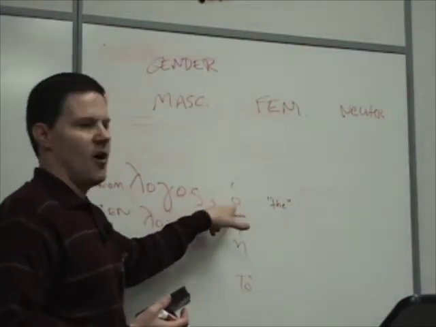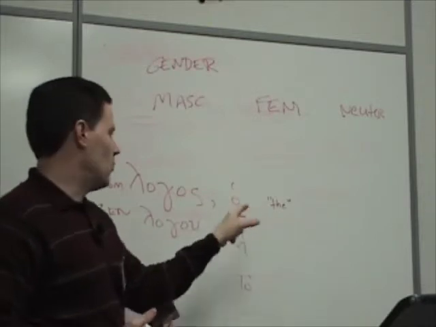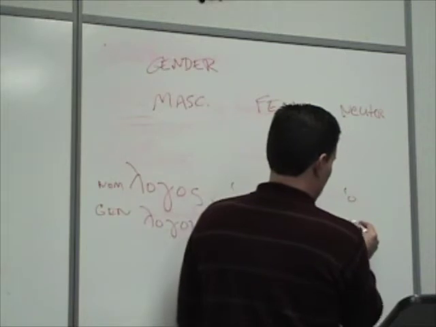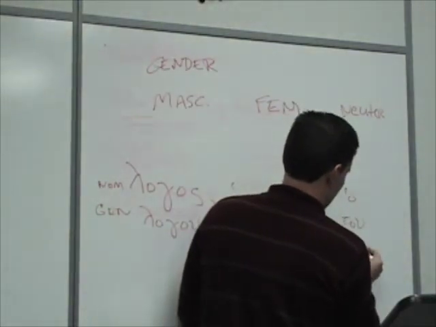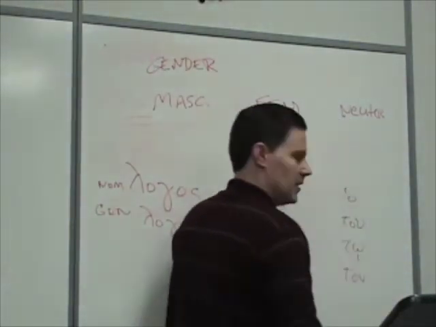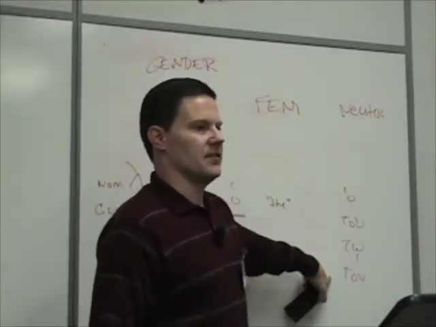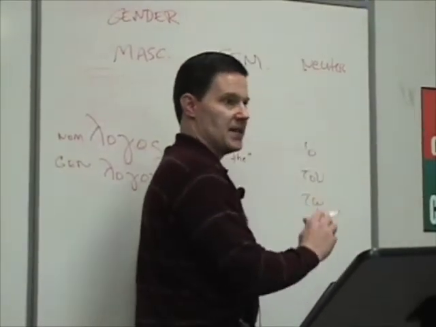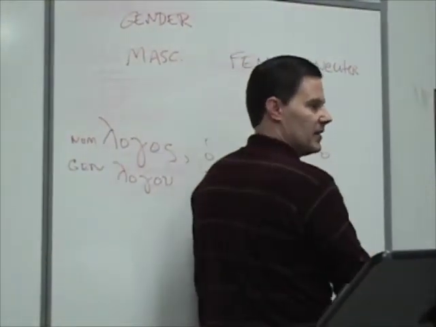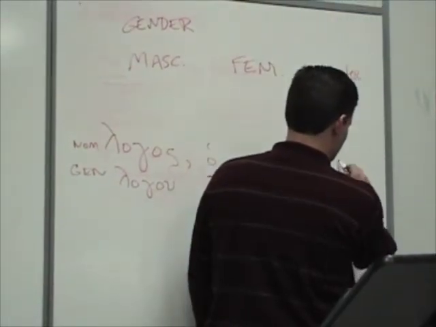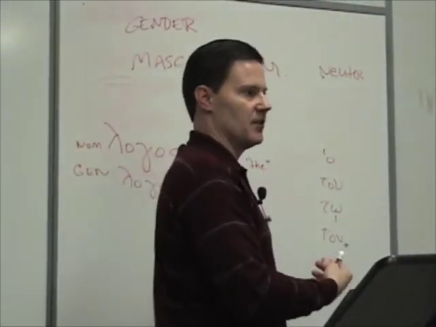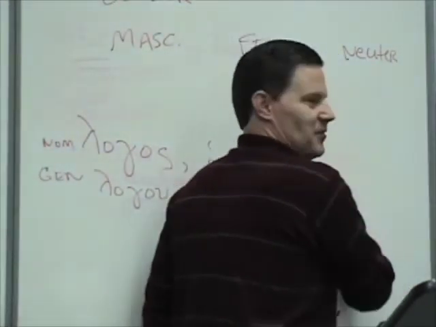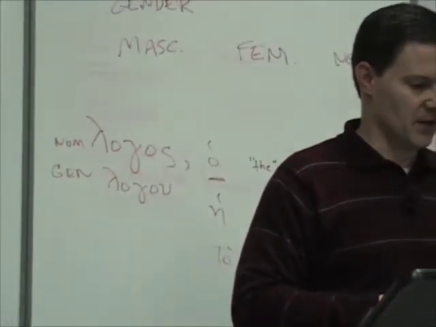So when you see the article, whatever case it's in, whether it's ho, to, or ton, this is the masculine singular. So when you see those, you'll know it's masculine, and then you'll know which case it is right away. It just makes it easier to see the noun and to know what part of the sentence it should go in. So again, that's a future topic. Jeff will probably talk about that some next week.